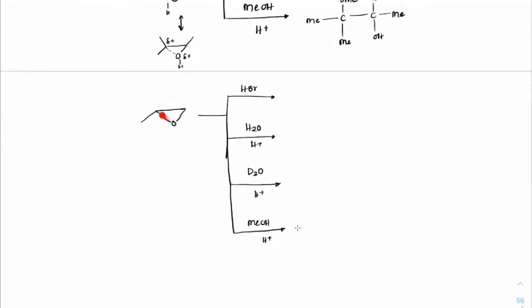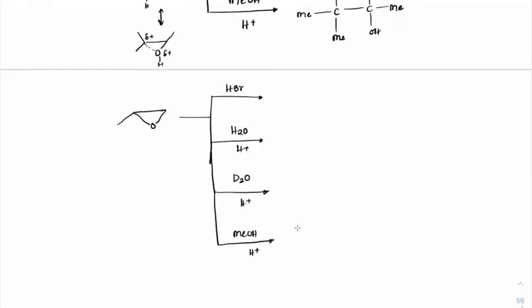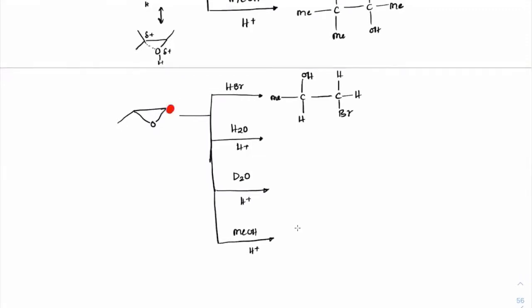Now this time delta positive is not an important criterion, although delta positive is still slightly more on this carbon as compared to this carbon. But the steric factor is much more dominant in this case because it is going through an SN2 mechanism. So what should be the product here now? So carbon with OH here, methyl here, hydrogen with carbon, H, H and Br here. So Br will get attached on the less substituted side.